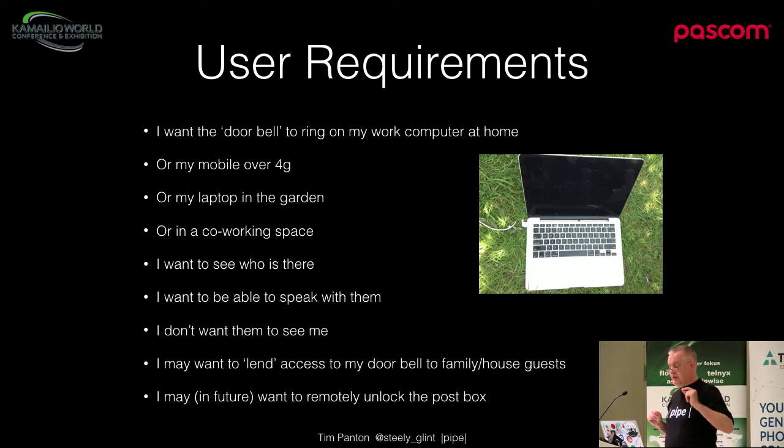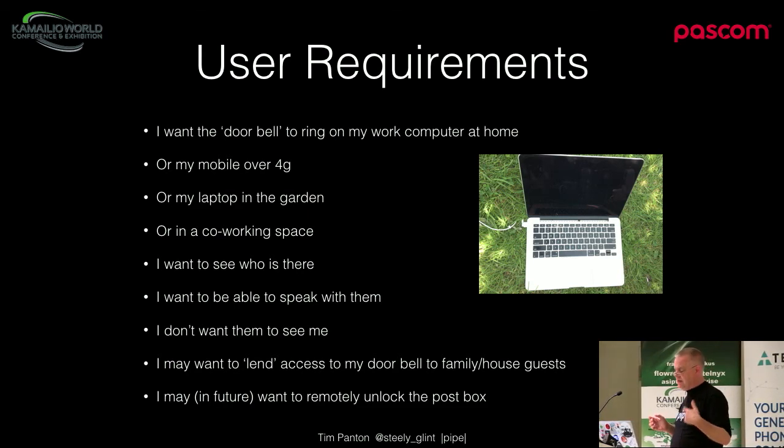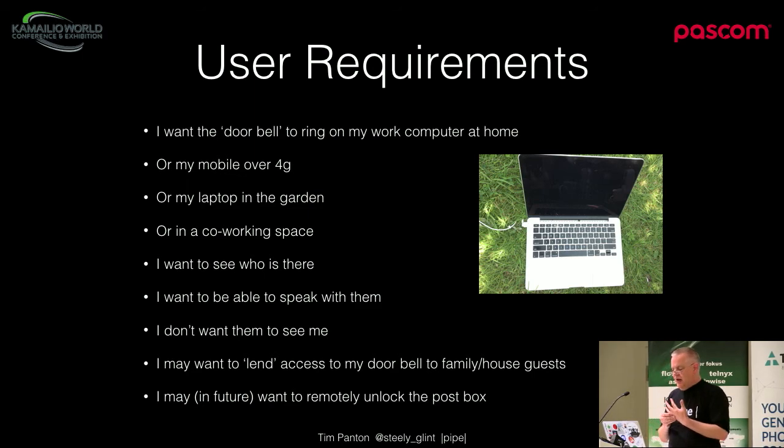but I want to be able to speak to them, but I don't want them to be able to see me necessarily. Don't think that's a necessary requirement. And I may want to be able to lend access to this to somebody else in the house. So, family, house guest, whatever. And in the future, I might want to unlock, say, a parcel bin beside the door,